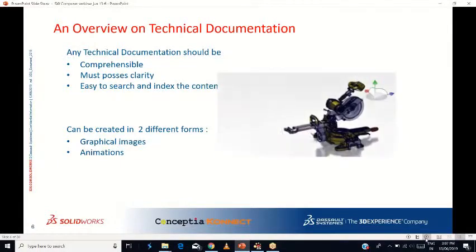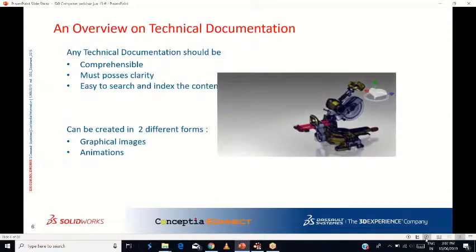And as well as the animation, let's say I have to make some service manual or some assembly operation process. So that and all I can actually